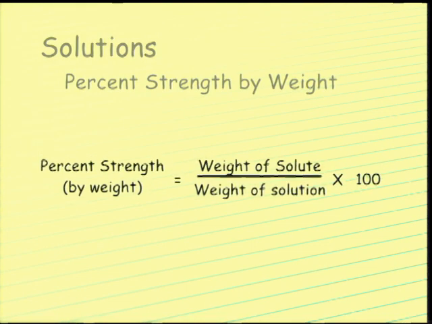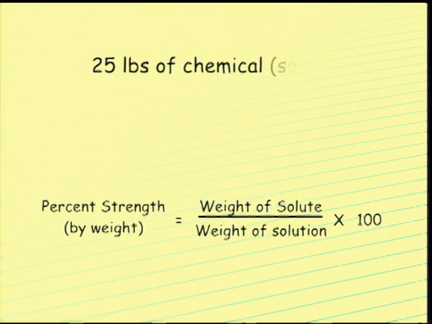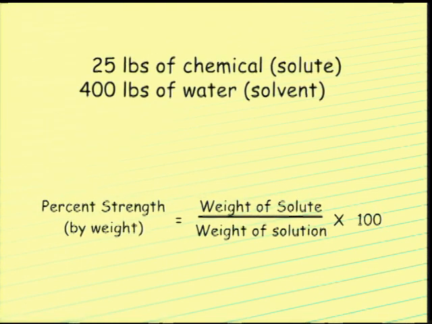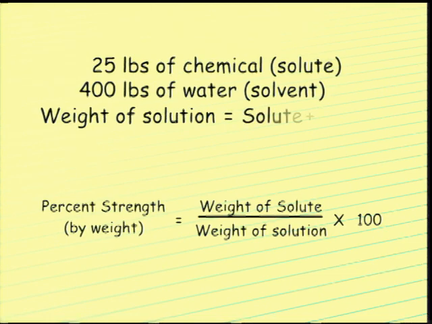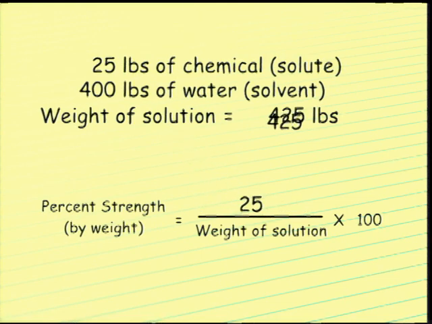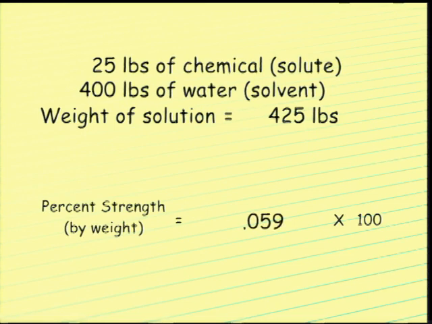Here's an example of the equation put into use. If 25 pounds of chemical is added to 400 pounds of water, determine the percent strength of solution by weight. The weight of the chemical or solute is given in the problem as 25 pounds. The weight of the solution is the combined weight of the solute and the solvent. So, we know the combined weight is 425 pounds. Now plug this information into the equation. 25 pounds of chemical divided by 425 pounds of solution is 0.059 times 100, which results in an answer of